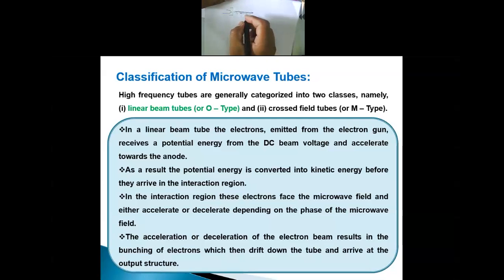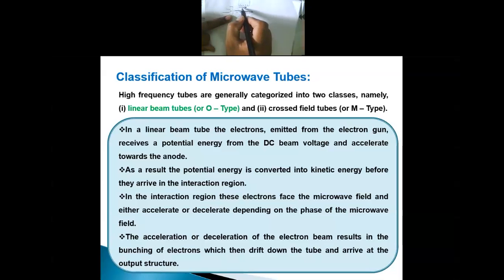Now, if we place a coil here, what happens? That coil gives a magnetic field that is parallel to this, to whatever the electric field is. So this is the axial position, or you can say the beam. That field is generated from what? A DC beam, whatever electrons are emitted from this cathode gun. This is called the electric field, and this one is your magnetic field because of that coil.